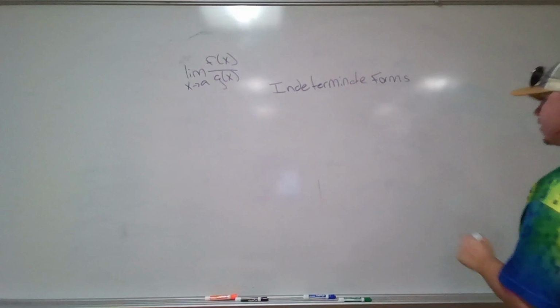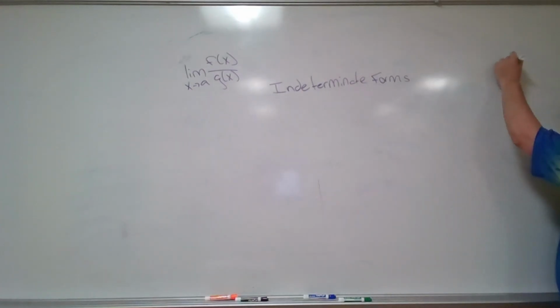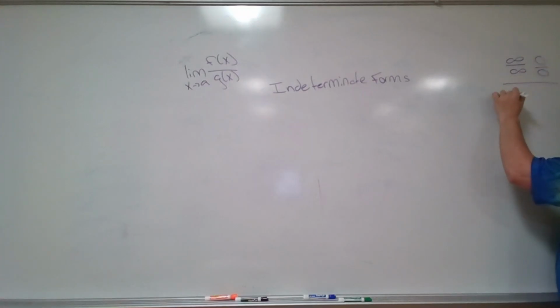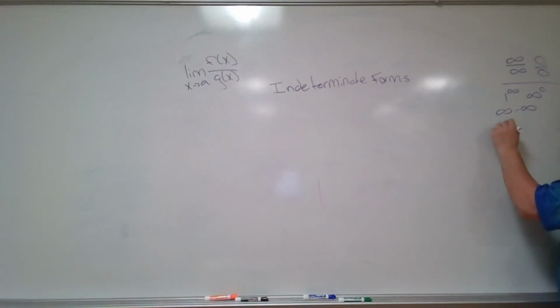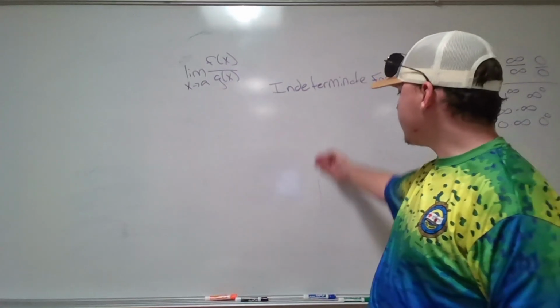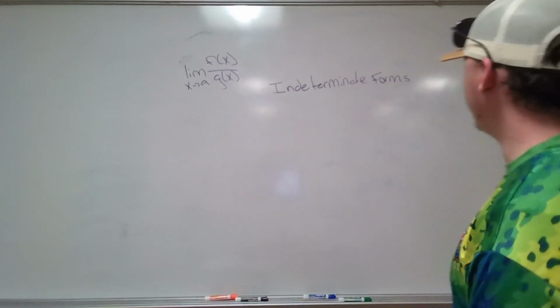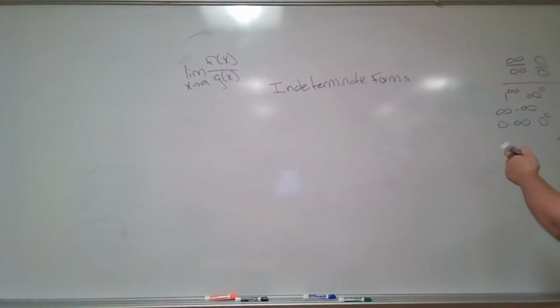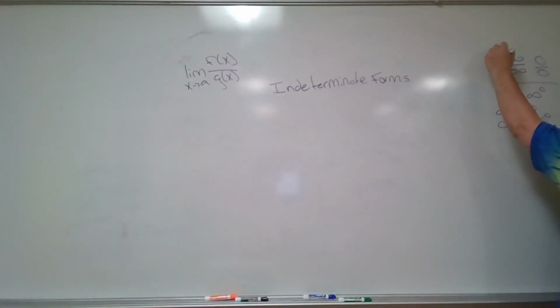So I'm just going to write the indeterminates over here so you can see. Infinity over infinity, 0 over 0, infinity minus infinity, 0 times infinity, and 0 times 0. There's 7 indeterminates. So what L'Hopital's rule essentially says is when you run into a scenario where you end up with this, specifically these,